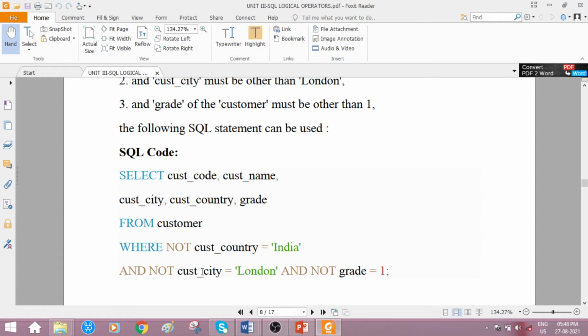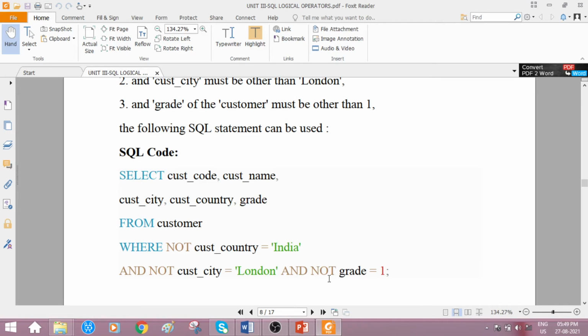You are passing the true value, and by preceding it with the logical not, it considers the false value, other than London city. So here the country should not be India, as well as the city should not be London. Okay, so both things will be verified.